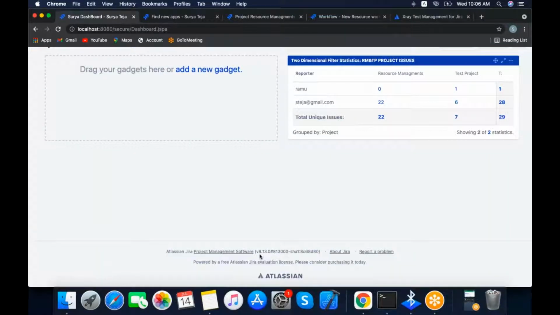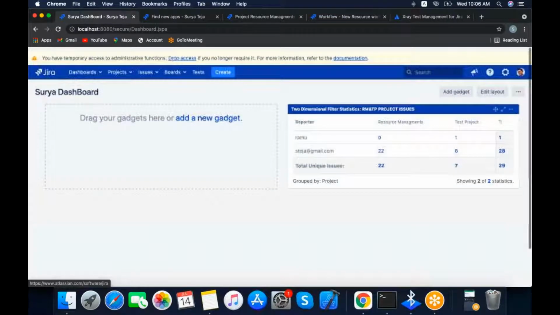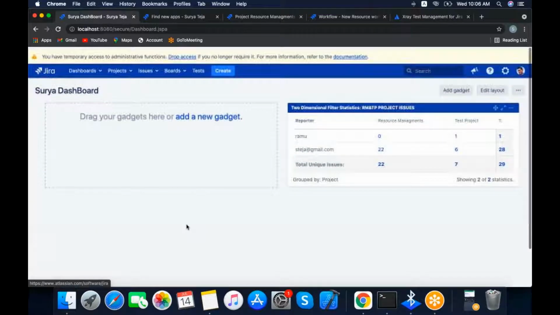You will see your current updated version. You need to click on your instance icon, and then you will go to this page, and here you will see 8.13.0. Currently we are using this version.